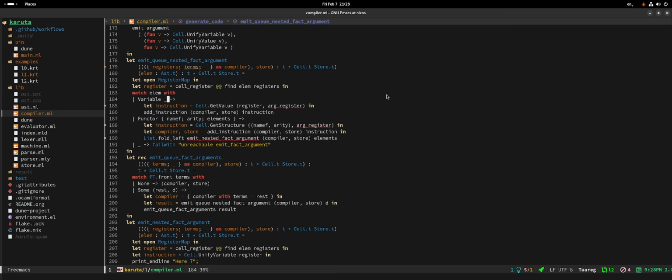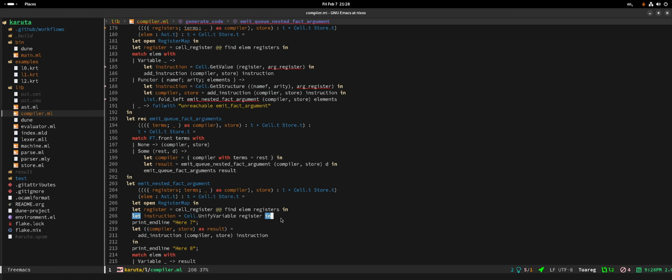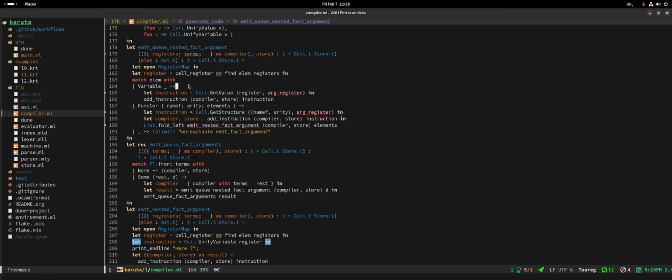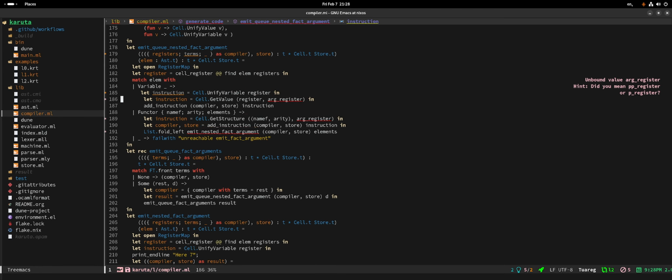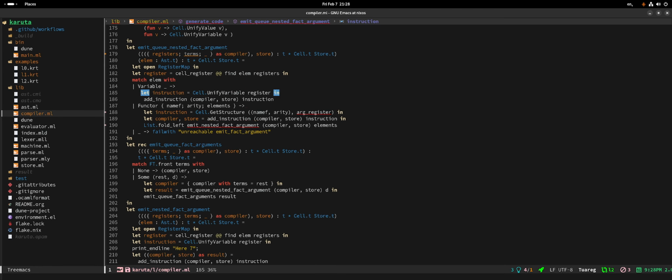What about if we found a variable in this q nested fact argument? Okay, if we find a variable, we need to emit unify variable. Okay, so unify variable, it's this one. Yes. If we find a functor, what do we do?